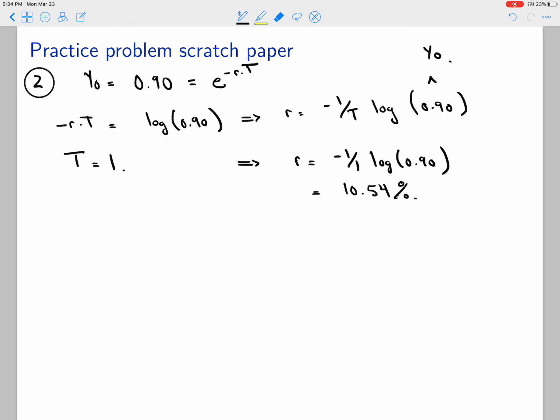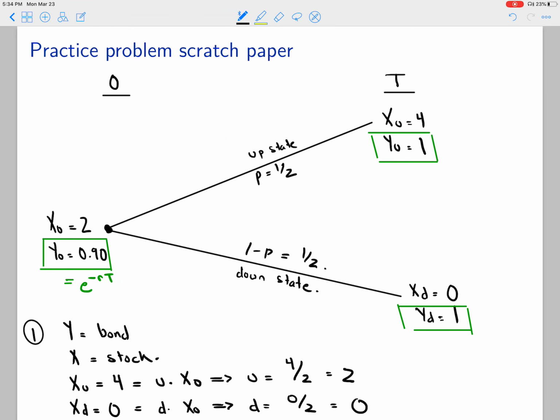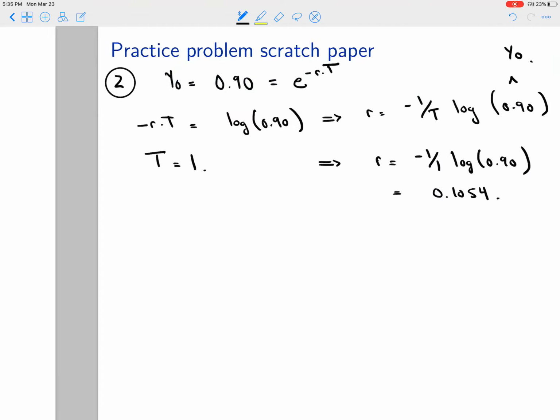Or we can write it's 0.1054. So once we know which asset is the bond, and we make an assumption about what t is, say t is equal to 1, we can easily calculate the risk-free rate in the model if we're not given it. You just take the natural log of the bond's price, and then you multiply it by negative 1 over